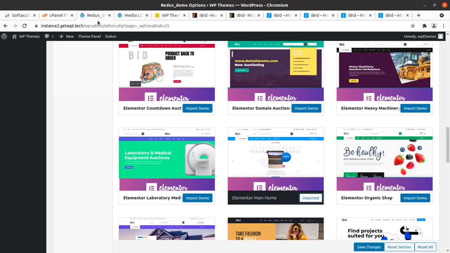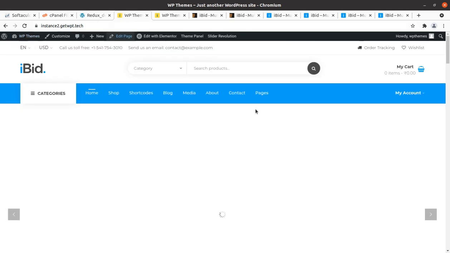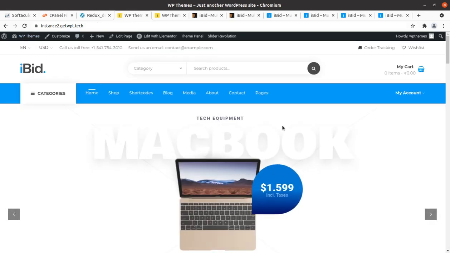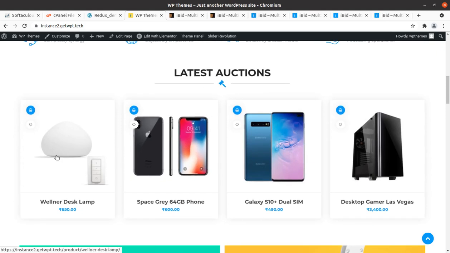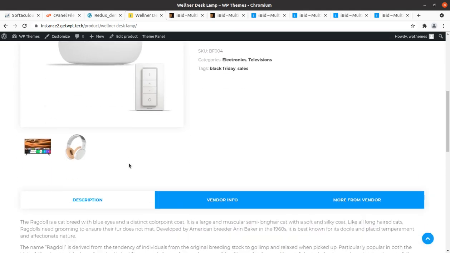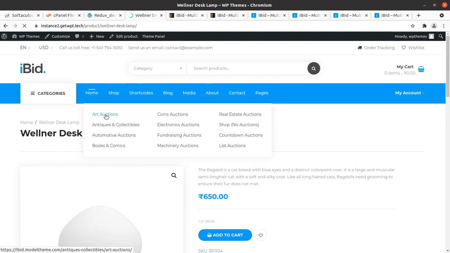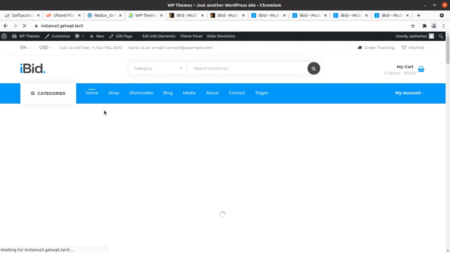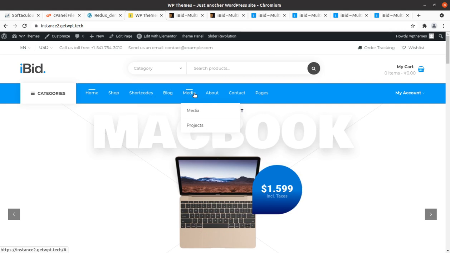Okay, so now we can check how our website looks after the import. I believe we have a good website now. Yes, so main home is here, and similarly you can import any of the pre-made websites, and all is here along with the images and all features. So we have a complete website here, and it is really very good. I will show you some pages, and the art option is also a page. So only this home page that we have imported has been given, and the about page is here.